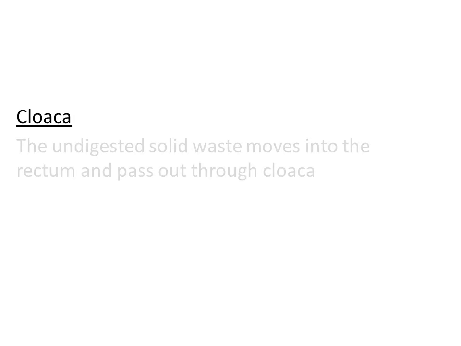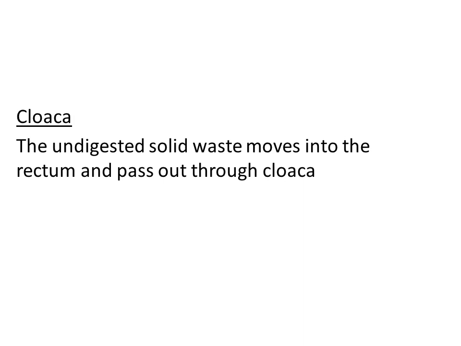But we are not calling it an anus, right? Because this is the common opening seen in the frog. It is connected with the reproductive system also. Because of this, it is not called an anus. Instead, we call it a cloaca, right? So the cloaca helps in egestion of solid undigested waste material from the digestive system. So these are the different organs that can be seen in the digestive system of the frog, right?